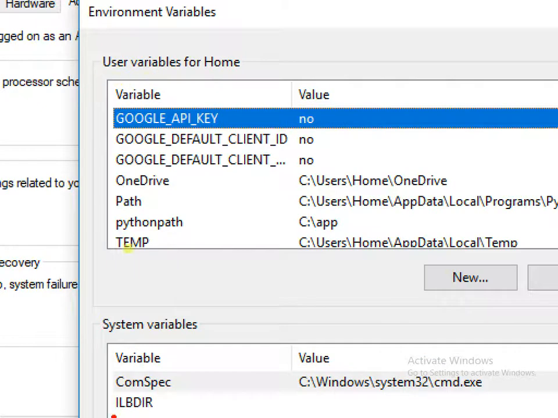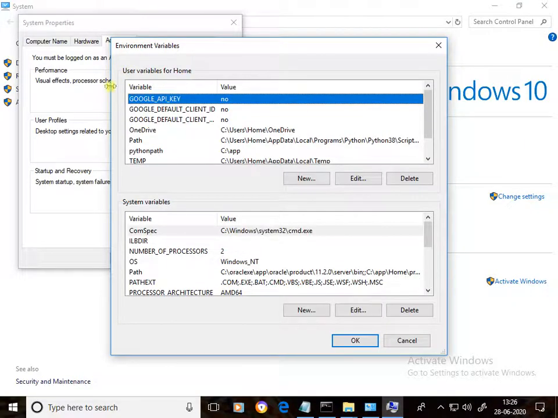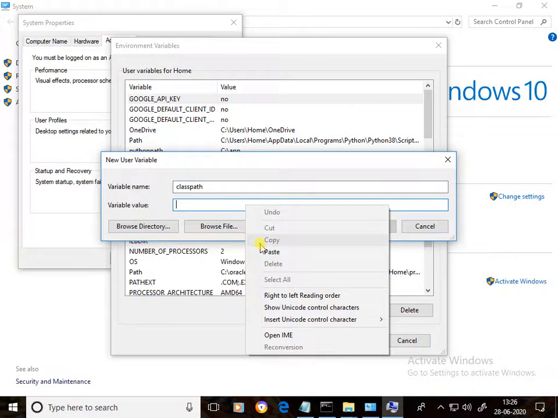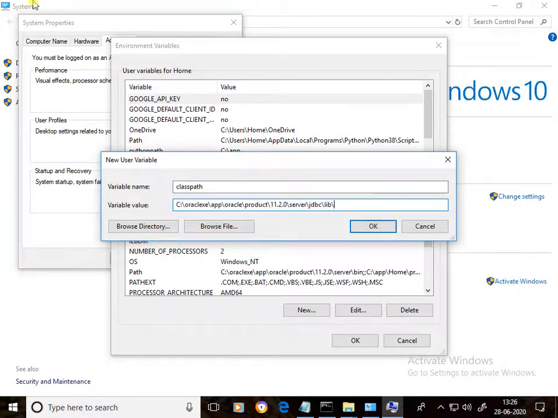User variables, system variables. User variables are specific to the user. System variables are common to all users, and you can select any one. User variables. Click on the new button. Type variable name, classpath. Type variable value. Whatever we copied, paste here. Slash OJDBC6_g.jar;